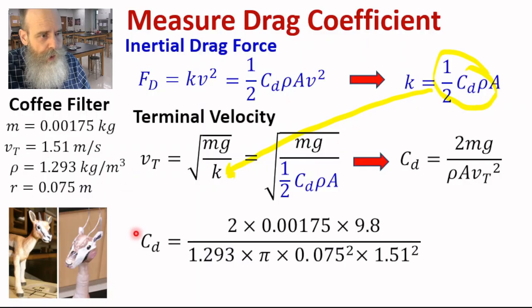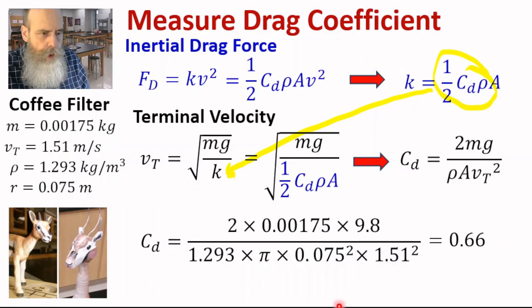Okay, so let's put those numbers into this expression. 2 times the mass, 0.00175, times g, 9.8, over the density of air, 1.293, times pi r squared. So pi r squared is the cross-sectional area, times 1.51, Vt squared. And this is what we get,